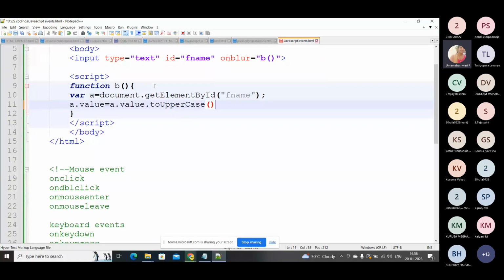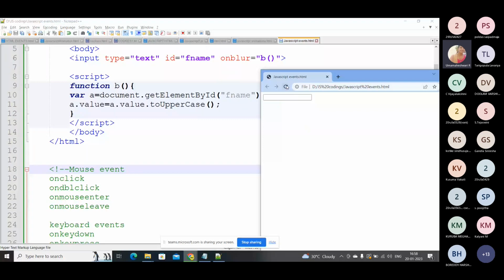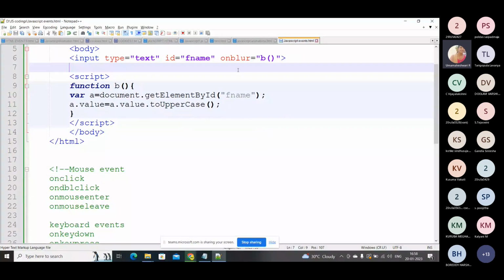Same process. What happens is when you leave the input field, the function triggers, which transforms the input text to uppercase. It will not do it when you are in the input field. It will show you once you get out of that input field. So let's check. I'm typing like this, nothing has changed, but when I leave this, you can see it is in uppercase. So that is the functionality of onblur. Now if you go with the onchange event,